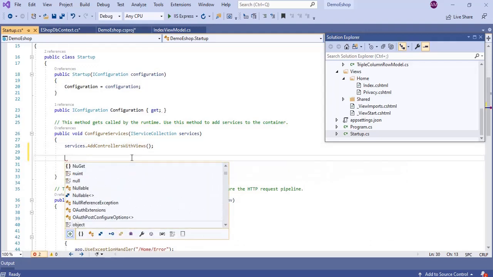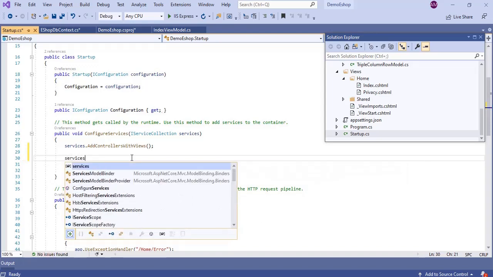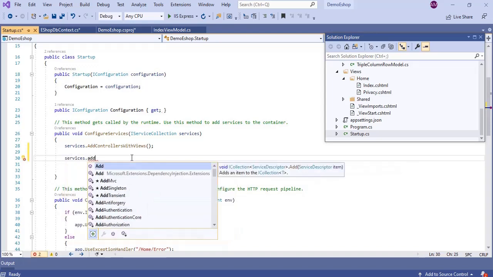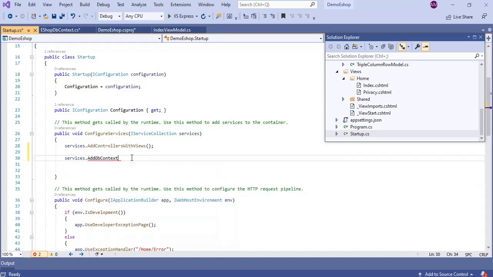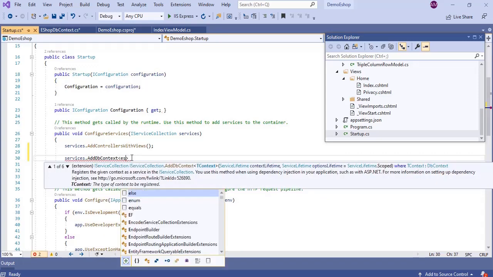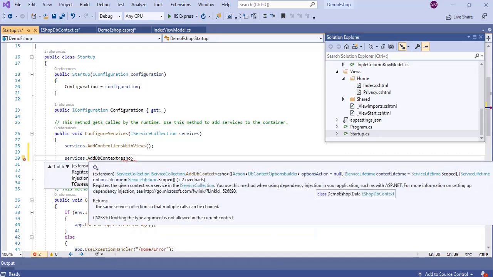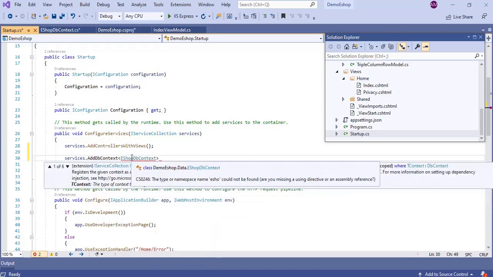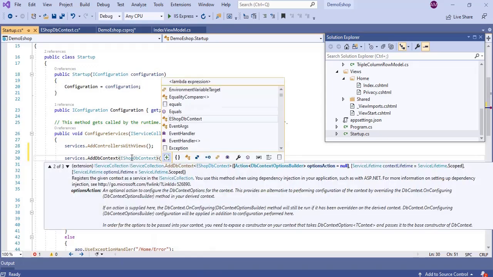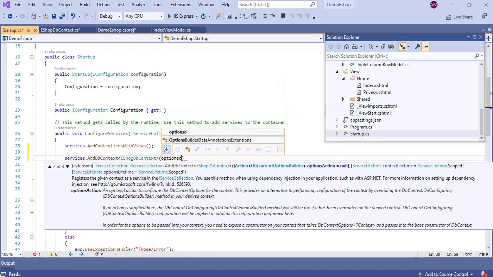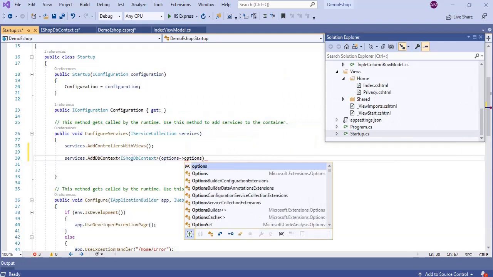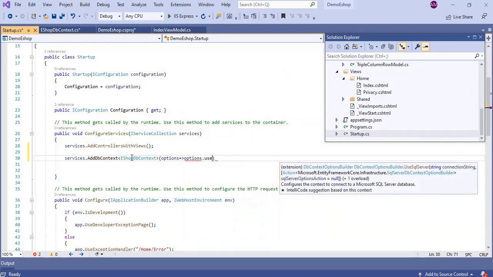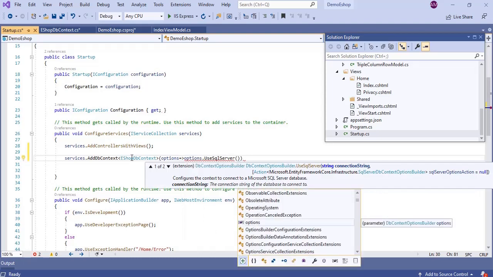First we need to add services dot add DB context. Then the type is eShop DB context. Then we need to pass the options, dot use SQL server. Then we need to provide the connection string for the SQL server.